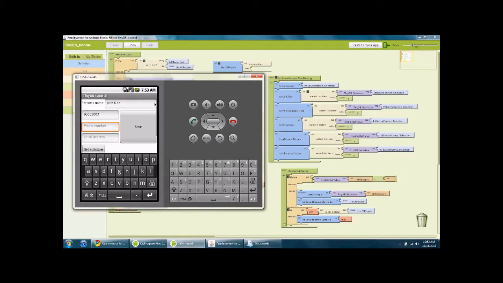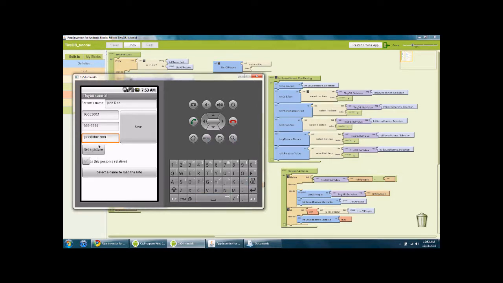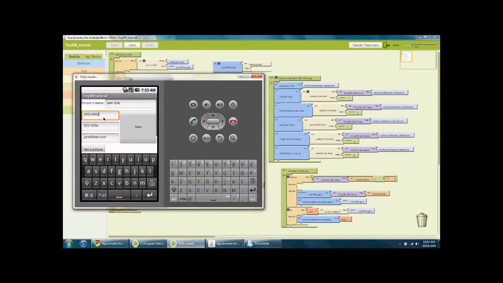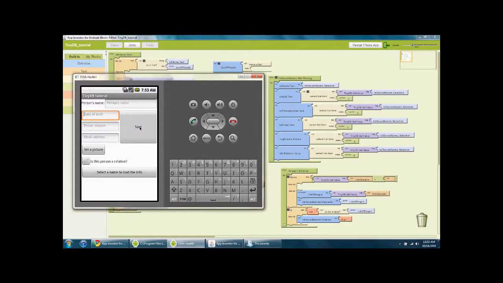Her phone number is going to be 555-5556, and her email address is jane@doe.com. And then we're going to decide that no, we're not going to save a picture. She will be a relative, and actually I think I'm going to take her date of birth out because I don't really want to save that information. I'm going to now click my save button,